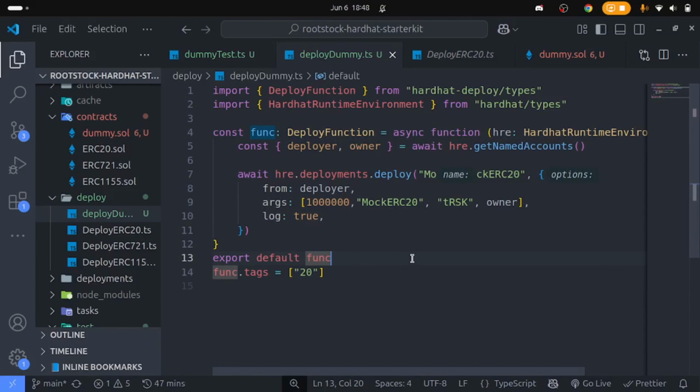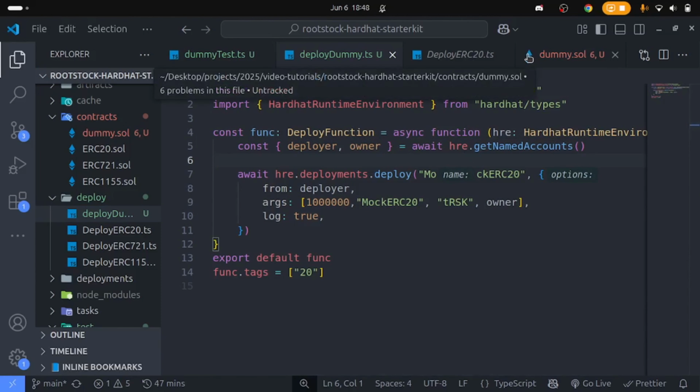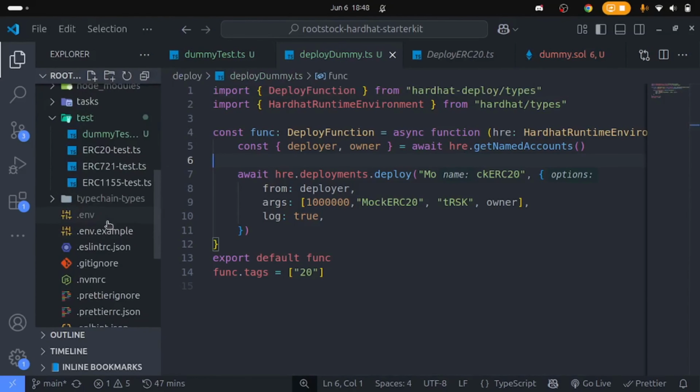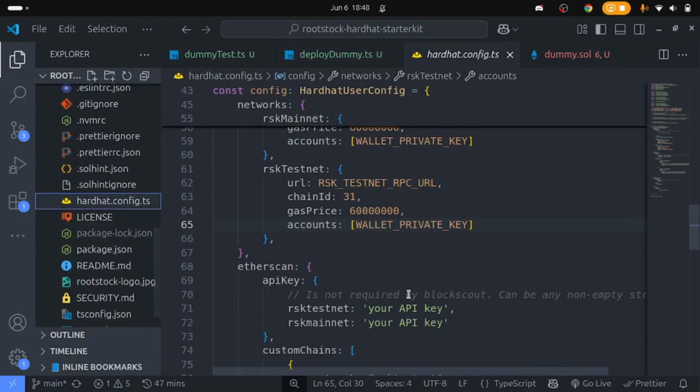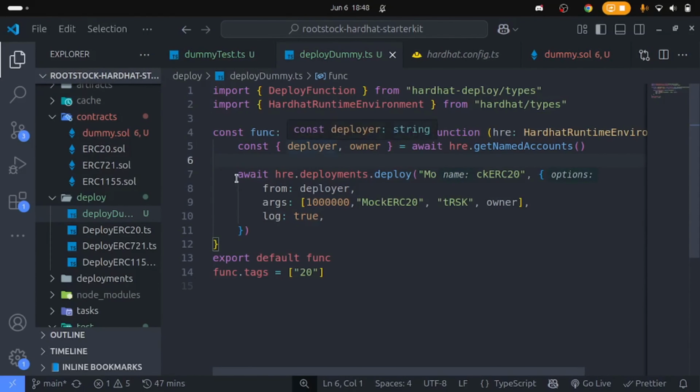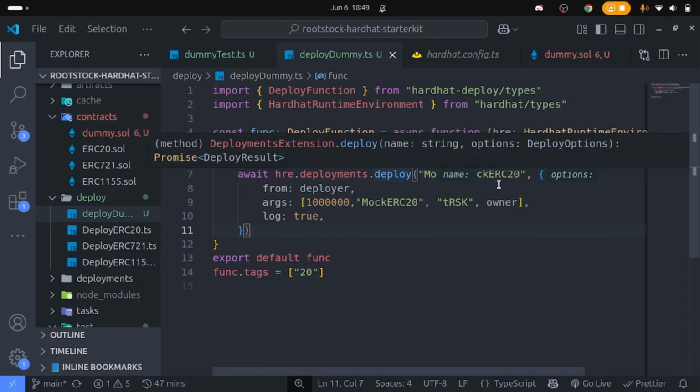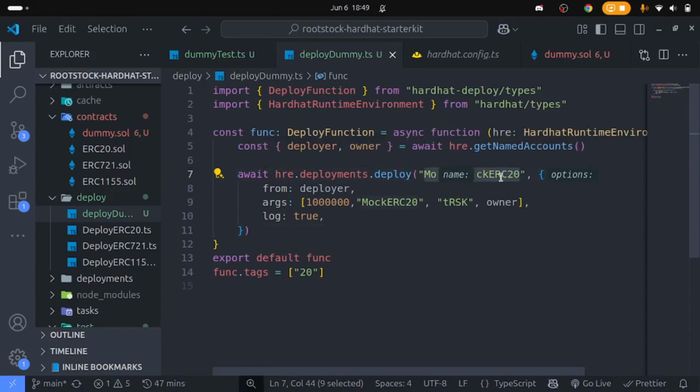In the deploy function, we're importing the named accounts, which are the accounts we added to the Hardhat config. We're importing it here,